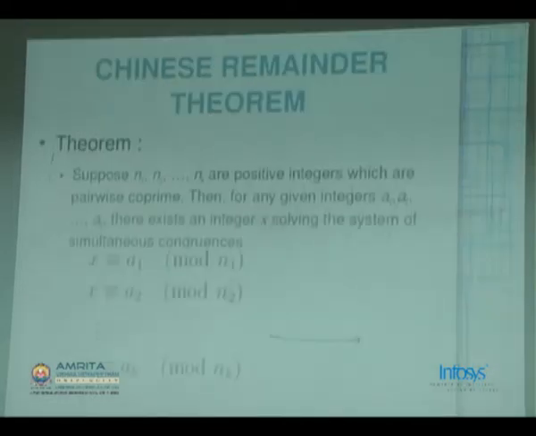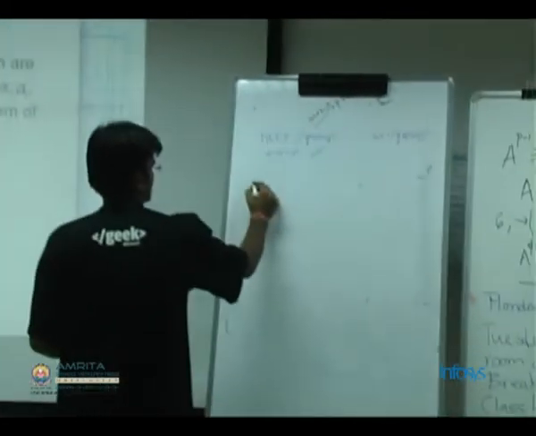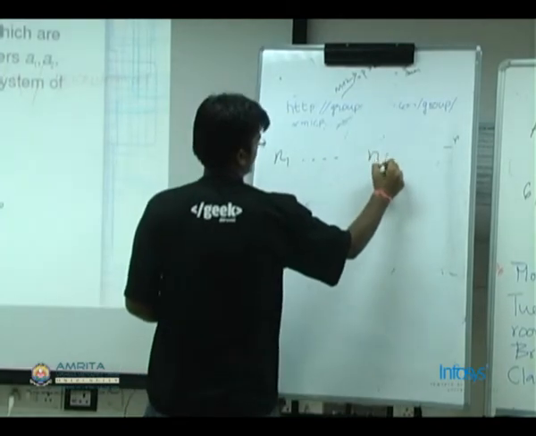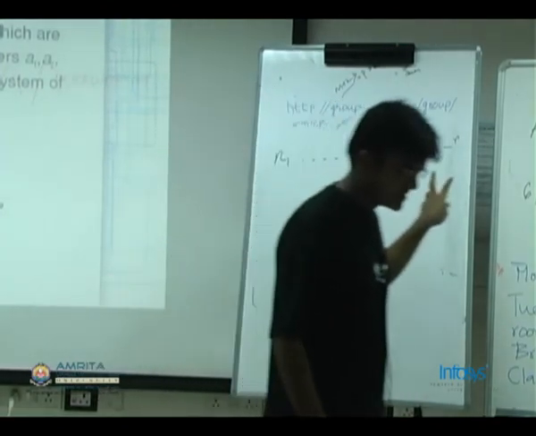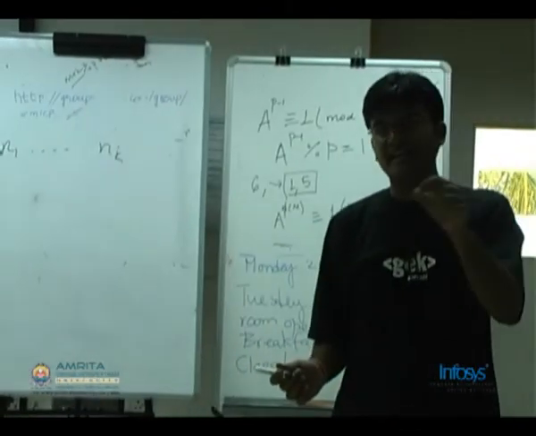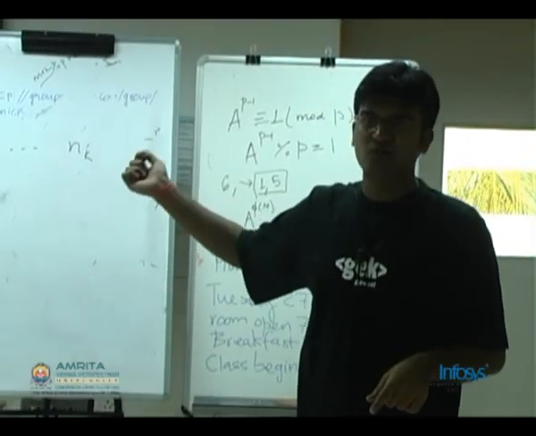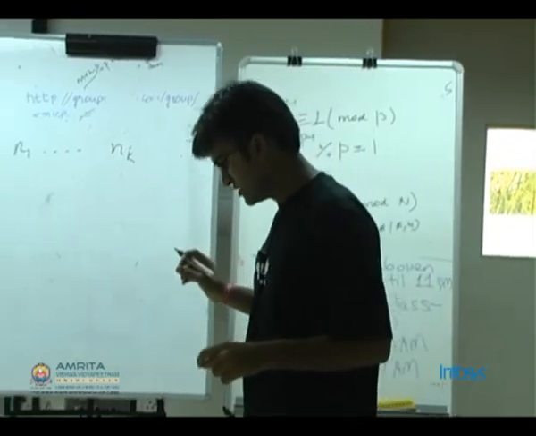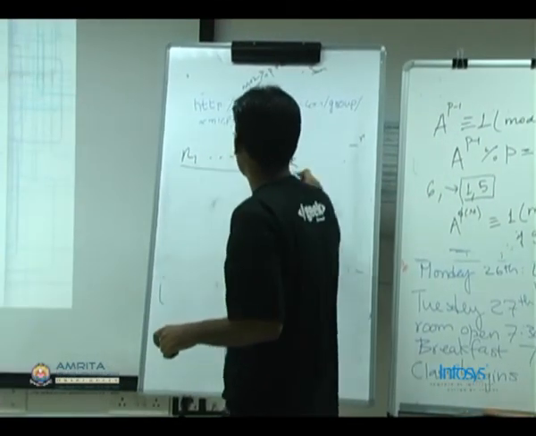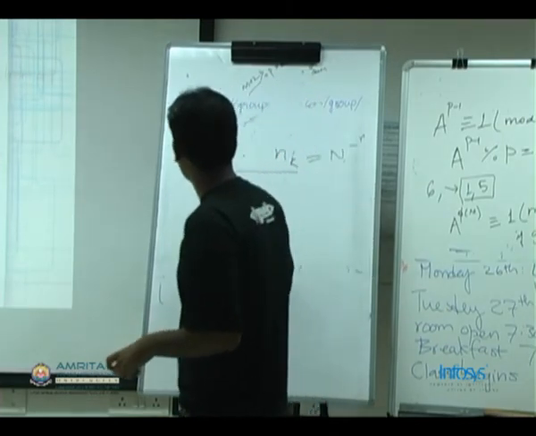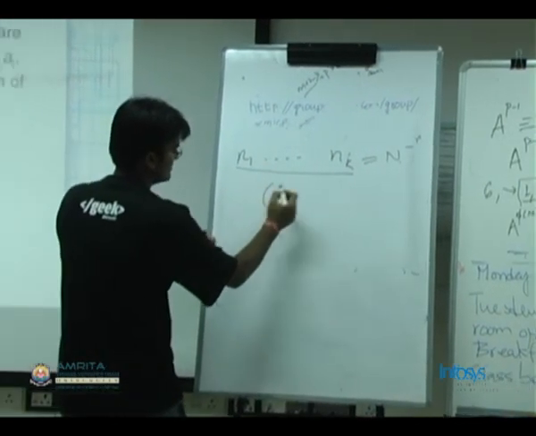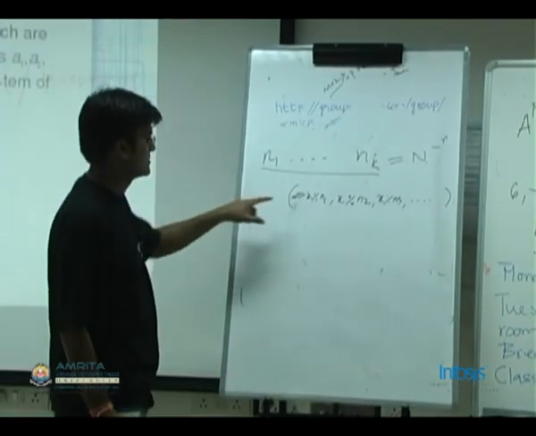Chinese remainder theorem says that if you have k numbers, let's say n1 to nk, so that each of the numbers are pairwise coprime. So for any i, j, GCD of ni comma nj is 1. If this relation holds and the product of these numbers is equal to n, then if you consider a tuple which you create of, let's say you consider